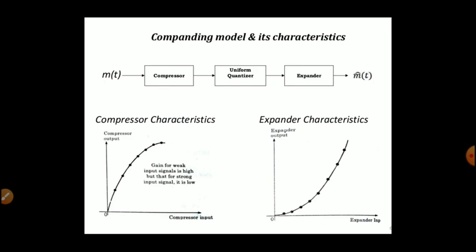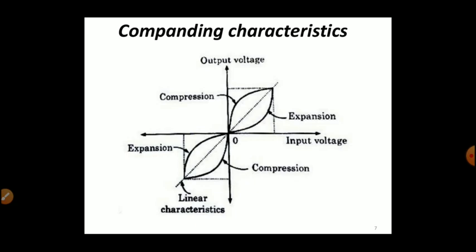Companding model and its characteristics. m(t) is the signal which is applied to a compressor, which is then given to a uniform quantizer, then the output goes to the expander. The figure shows compressor characteristics and expander characteristics. The companding characteristics figure shows